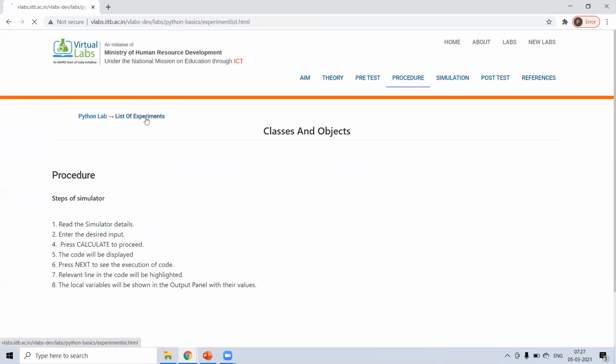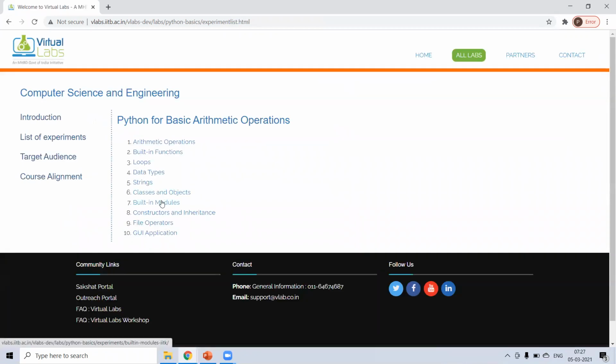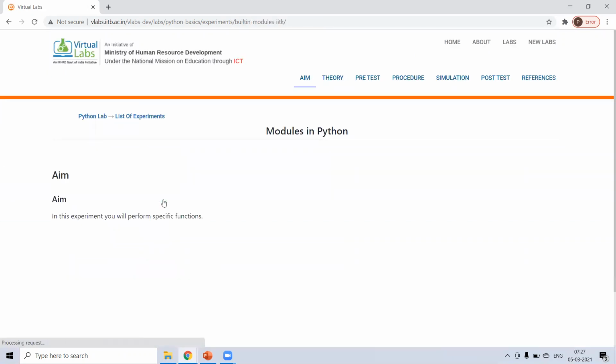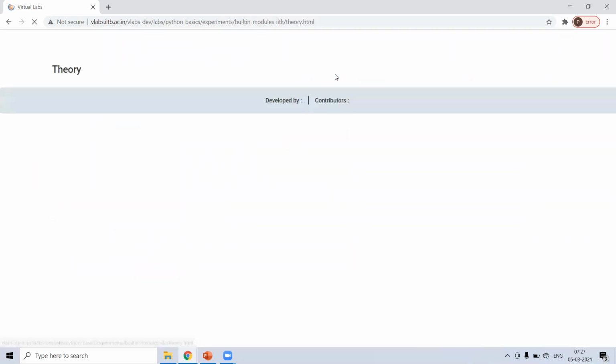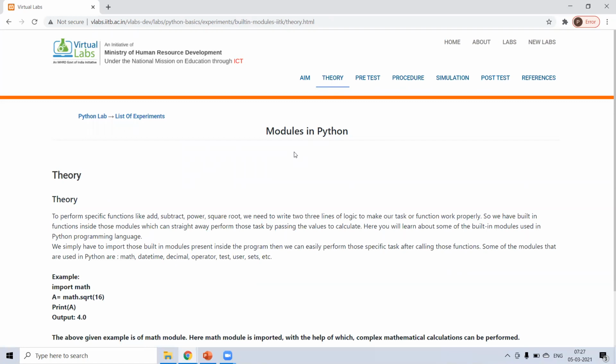Now next is built-in modules. Built-in modules means there are some modules which are already built into Python. You just have to import that module.